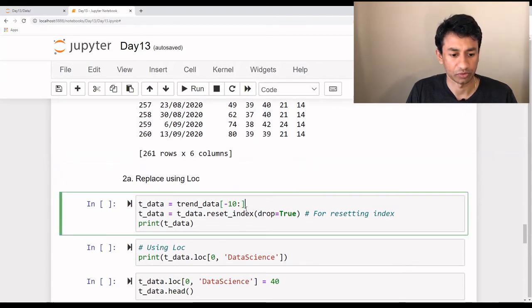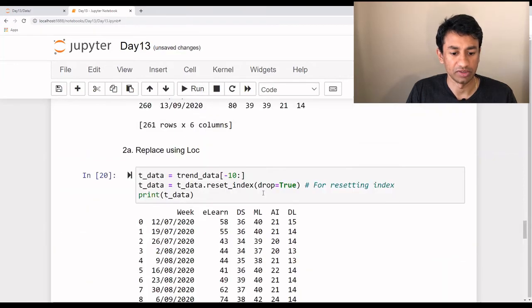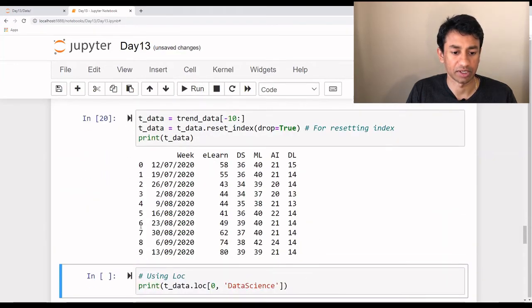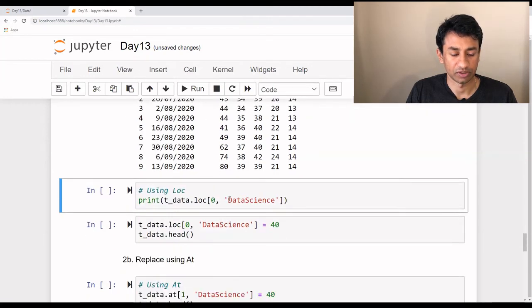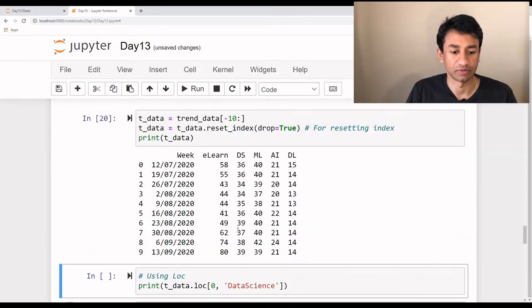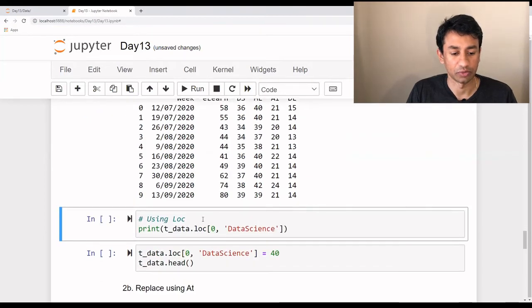So here, just for ease, I'm going to get a subset of the original data frame. This is the bottom 10 records of the same data frame. I'm resetting the index to ensure that it starts with 0, so that it's easier to show the demo when we have a smaller set of values. So now what I'm going to do is